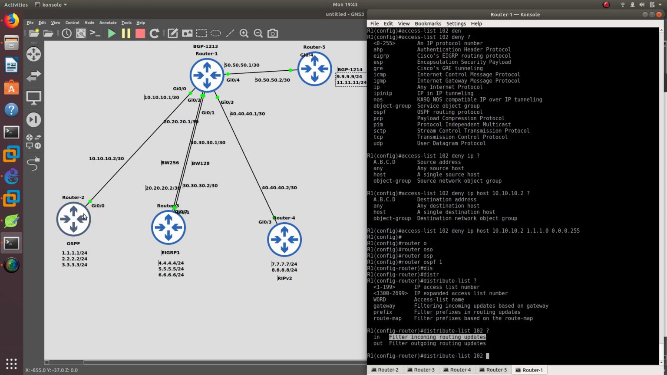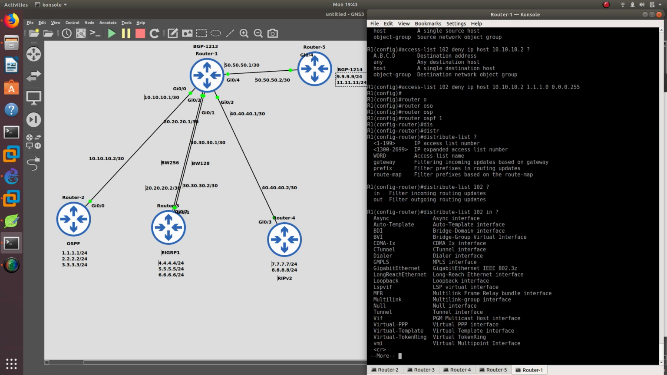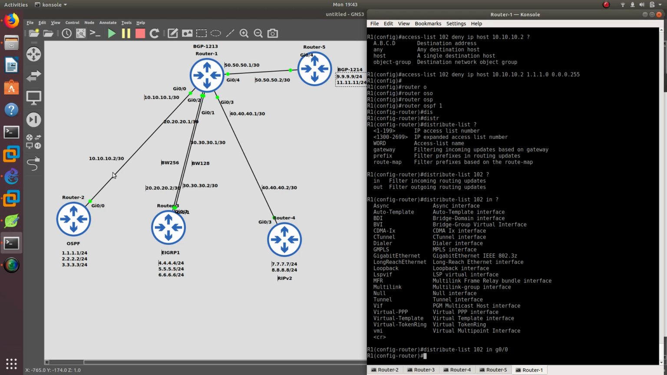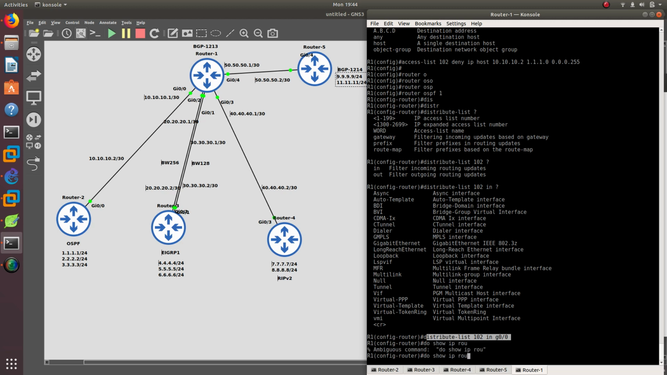Do you want to filter coming in or coming out? Well, this route is coming in gigabit 0/0, so I want to filter going in, right? And where do you want to place it now? I want to place it on gigabit 0/0 because it is coming in that way. It is coming from router 2 into router 1. So there you go. And now if you do show IP route,